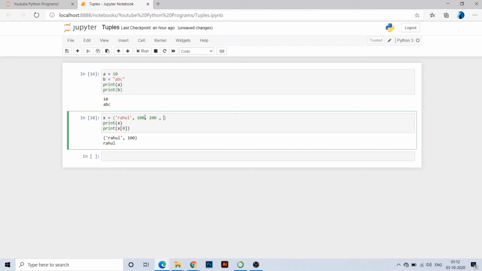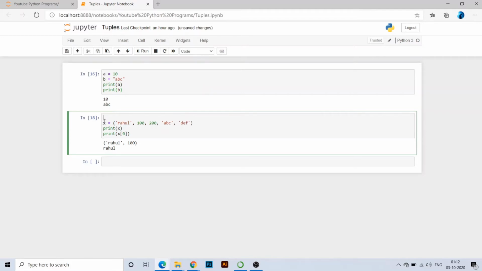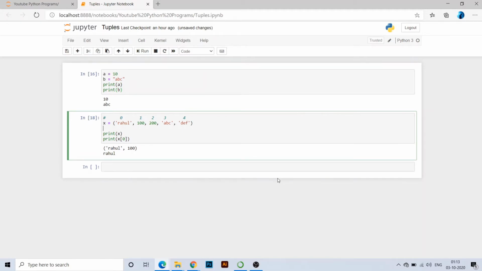If you write, let's take a bigger tuple. Now, to comment, you can use hash, and this will comment the line. Okay, so how indexing is done: if you start from the beginning, then this is 0, this is 1, this is 2, this is 3, and this is 4. And if you want to go backwards, then this is